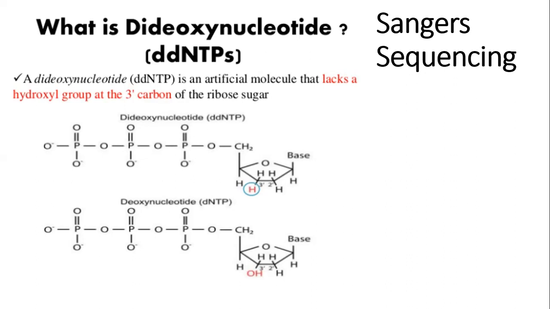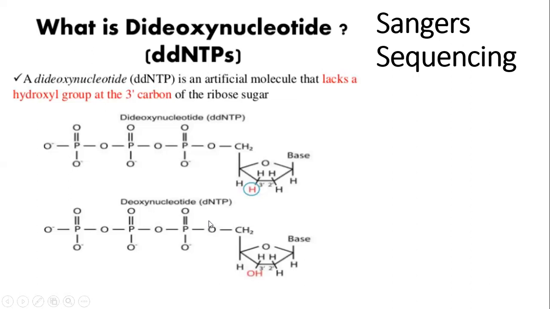Also, here we can look at the structure of a normal deoxynucleotide, which is the building block that is used for replication or for PCR. So basically, the deoxynucleotides have a 5' phosphate group present and a 3' hydroxyl group present. And during extension, one nucleotide will already be in place. The extension will take place from 5' to 3' direction. So, to the hydroxyl group of a base that is already in position,